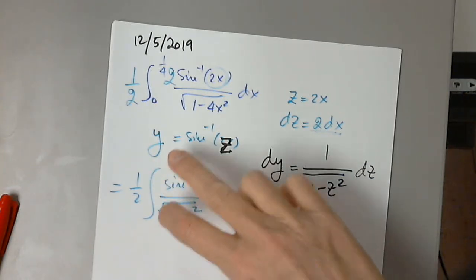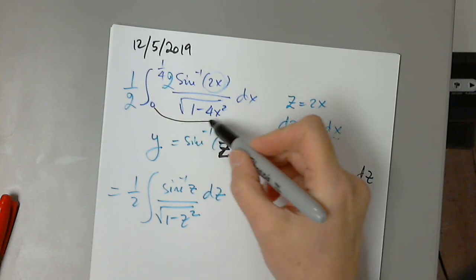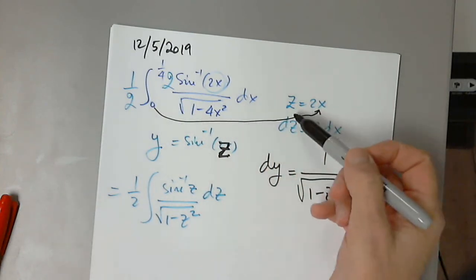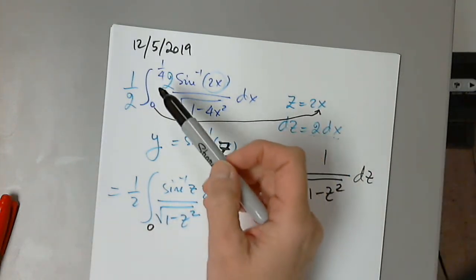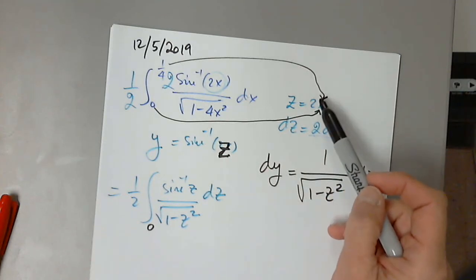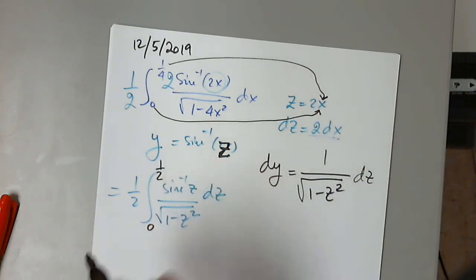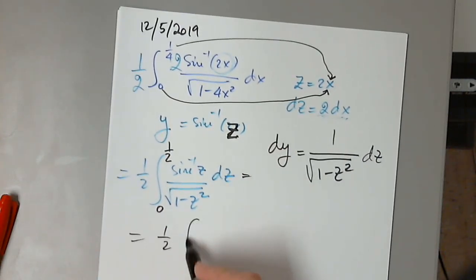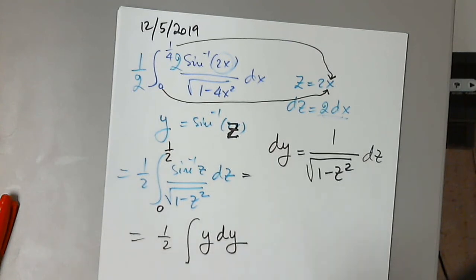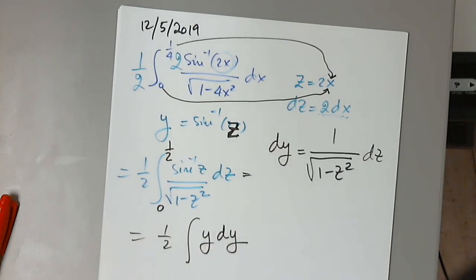Not so fast. I have to change the limits of integration first of all. So when x is 0, z is 0. When x is 1/4, z is 1/2. And now I move to 1/2 the integral from y dy. And I have to change the limits of integration again. So one more time. This is y, and this is dy. So now,